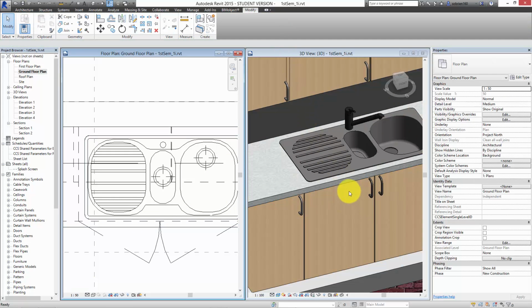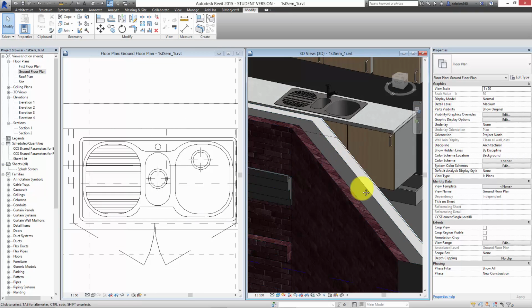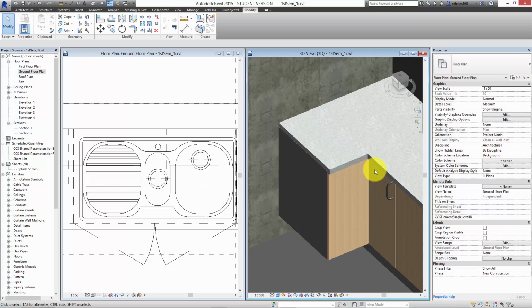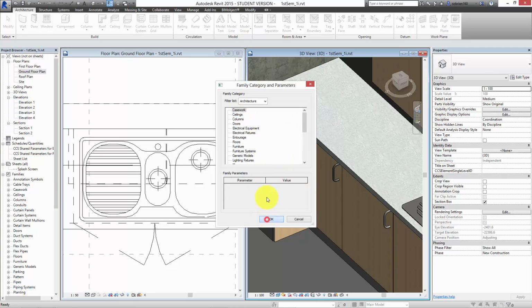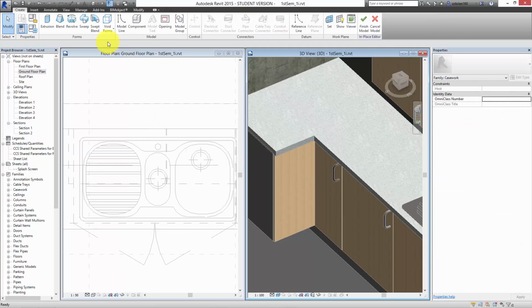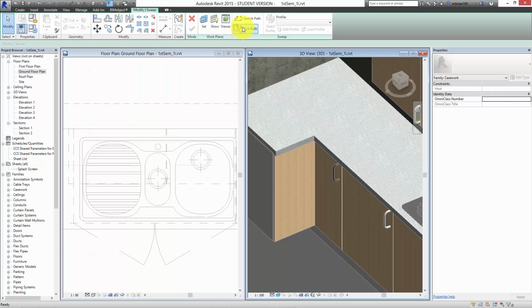So the last thing is to put the curved edge on it. So once again, architecture, component, model in place. Give it a chance to save. Choose casework again. Let's just leave it as casework 2. And this time we're using a sweep, which is a profile and then a pathway for it to follow. So I press sweep, pick the path, 1, 2, 3, and the edge over here. Accept it,